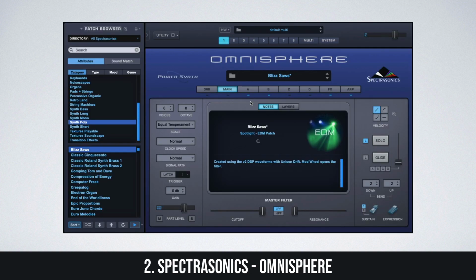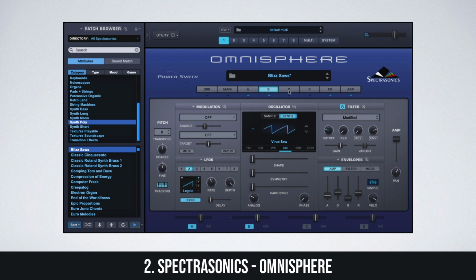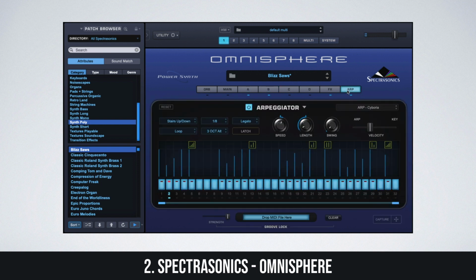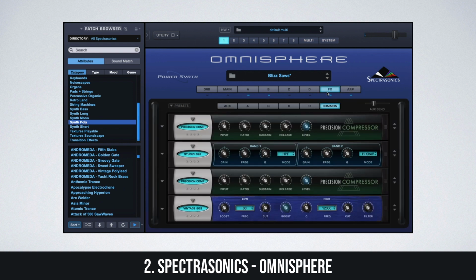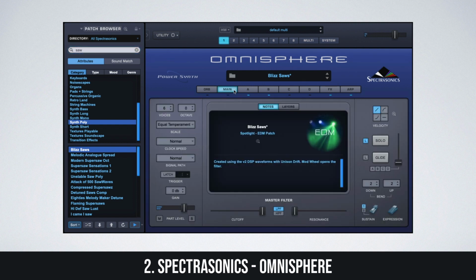Omnisphere brings together many different types of synthesis to create a truly unique software instrument. It includes over 14,000 sounds, 58 effects units, and an excellent patch sorting system and search bar. If you like using presets, you'll find no shortage of them using Omnisphere. Believe it or not, Omnisphere is the only software synth in the world to offer a hardware synth integration feature. You can control Omnisphere with over 65 well-known hardware synthesizers, which makes using Omnisphere a very tactile experience.